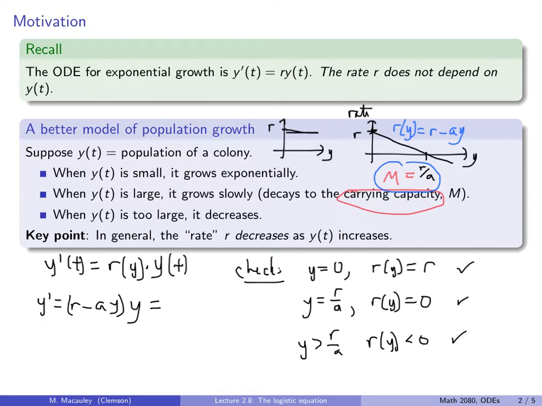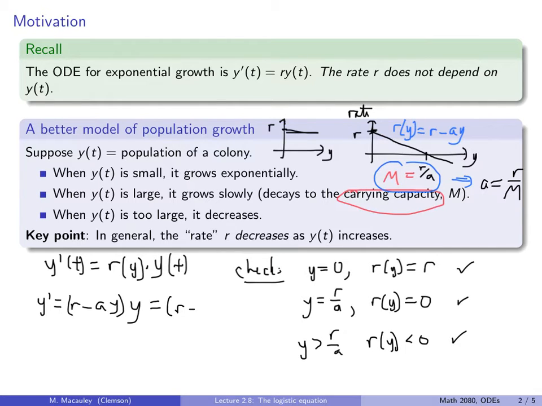So I'm going to eliminate a from this equation and write it in terms of the things that we understand, m and r. So a equals r over m, is that correct? Yeah, that looks right. So now this equation becomes